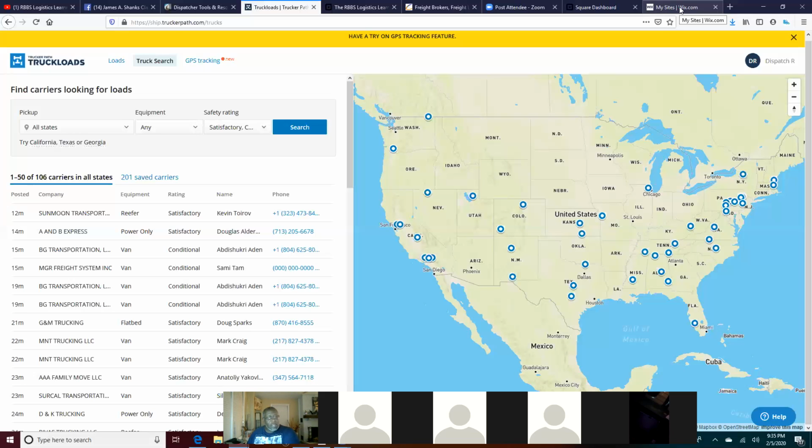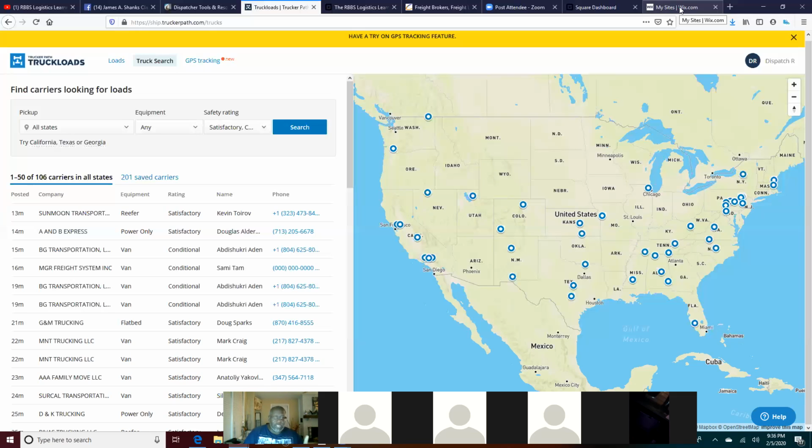It's free to join for all brokers and all shippers, as long as you're posting your prices on 100% of your loads. If you're posting your prices on 100% of your loads, you can post all you want for free. If you post one load that doesn't have a price on it, that load is going to go to a separate area of the load board, not on the main screen, where we put unpriced loads, and you will then be billed $9.99 a month.